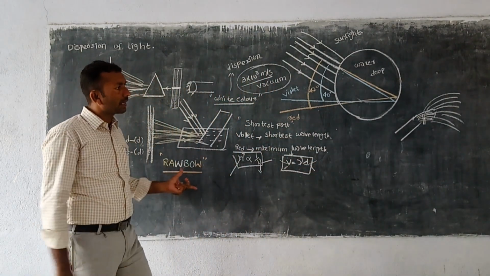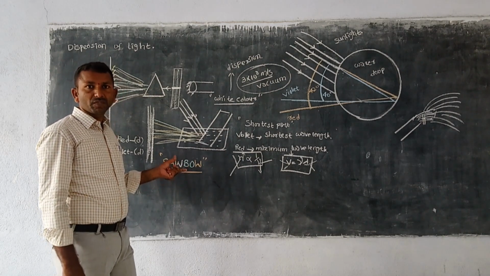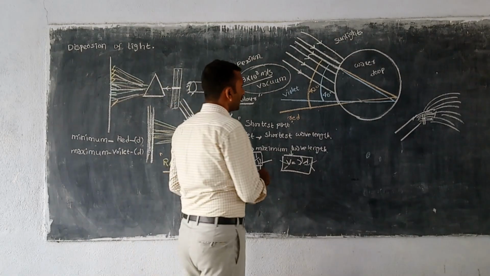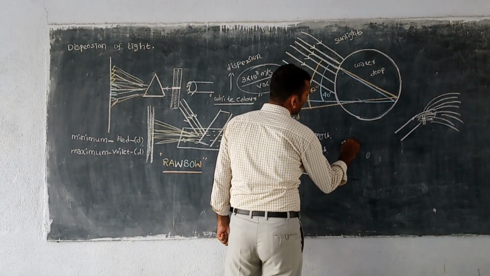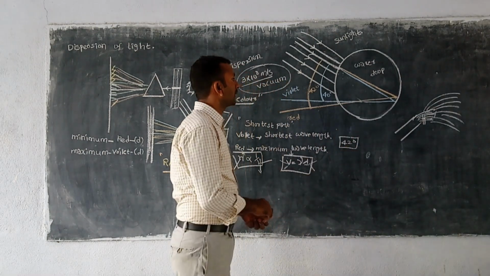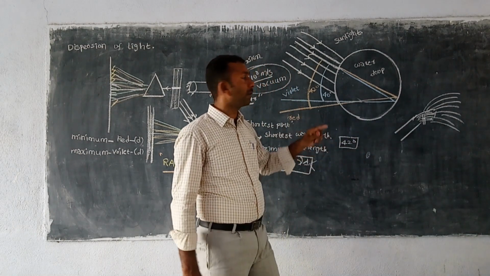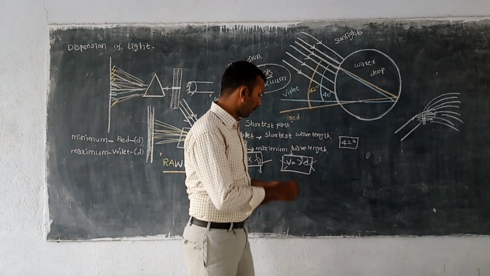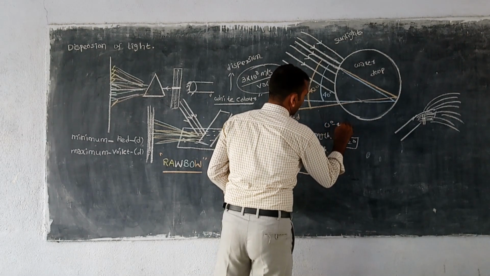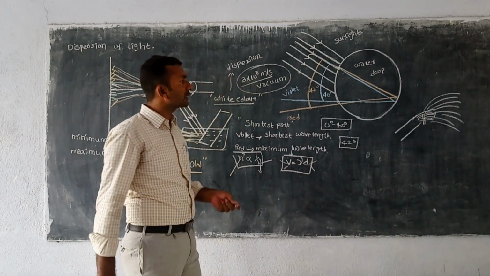In the rainbow only we are able to see all the colors, and when are we able to see the rainbow brightly? A bright rainbow means the deviation of angle approximately reaches 42 degrees. This is the maximum angle. We are able to see the different colors in the rainbow when the angle is between 0 degrees and 42 degrees. At that time only we are able to see the rainbow.